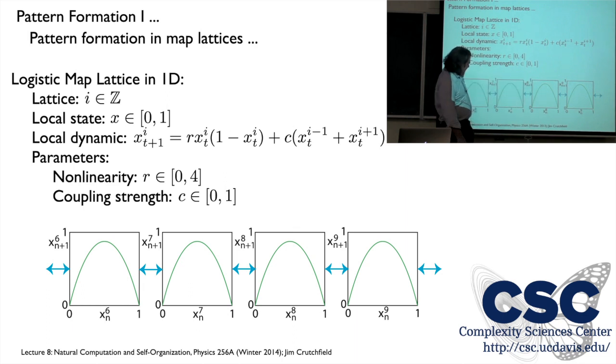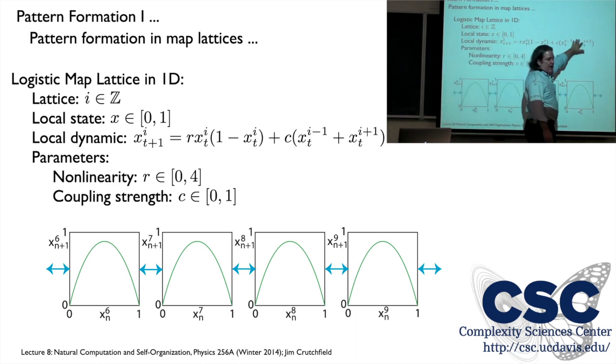Okay, all across the lattice here, a discrete spatial lattice, and then there's some coupling between these that we get to specify. And I'll just choose a simple additive coupling here, typically. So the local state is in the unit interval, and then here's one example of how to couple